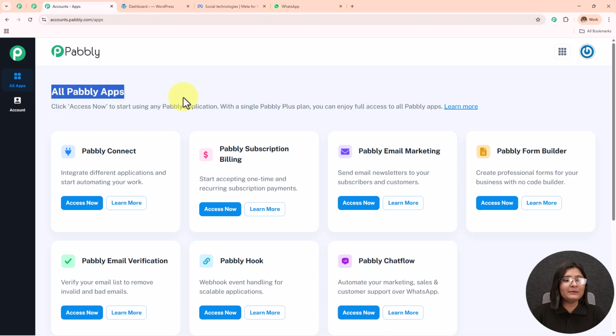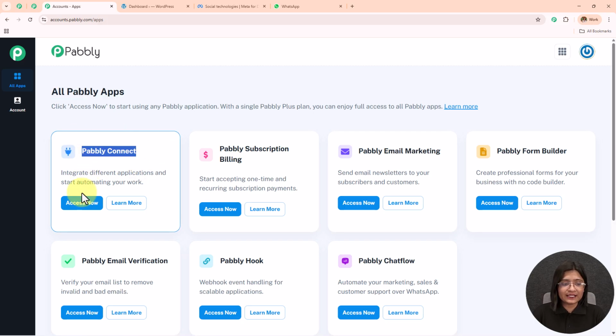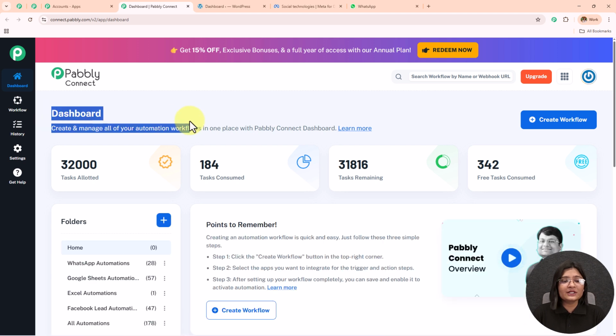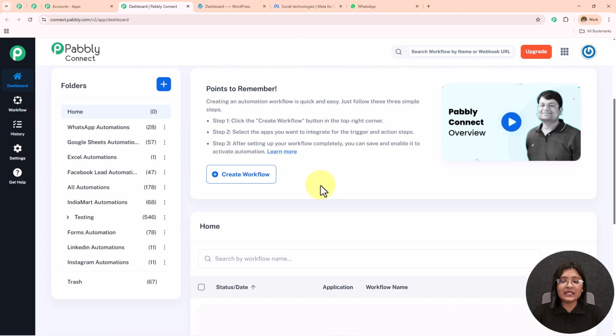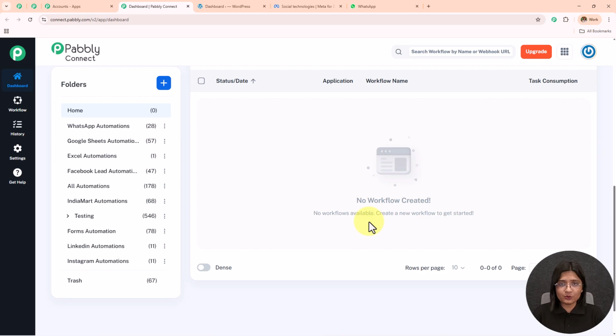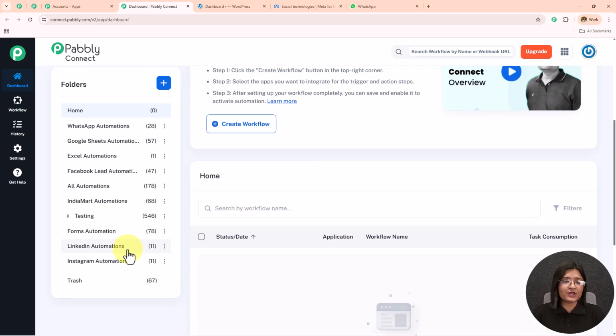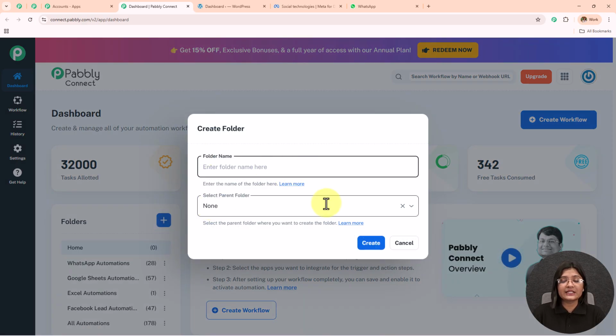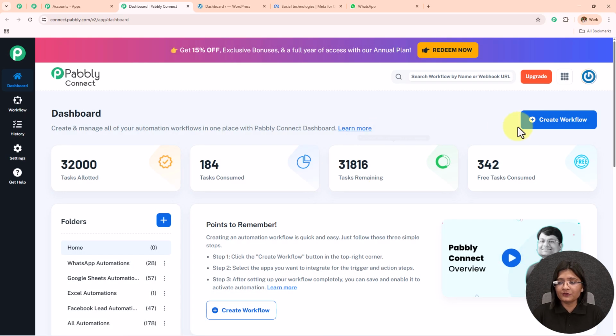Here the all Pabbly apps page has appeared, which is showing me all the Pabbly applications. I'm going to click on Pabbly Connect Access Now. Here it has taken me to the dashboard where I can find all my workflows and all the folders which I've created. If you want to create a new folder, simply click on this plus icon, and from here you can create a new folder. For now, I want to create a new workflow, for which I need to click on